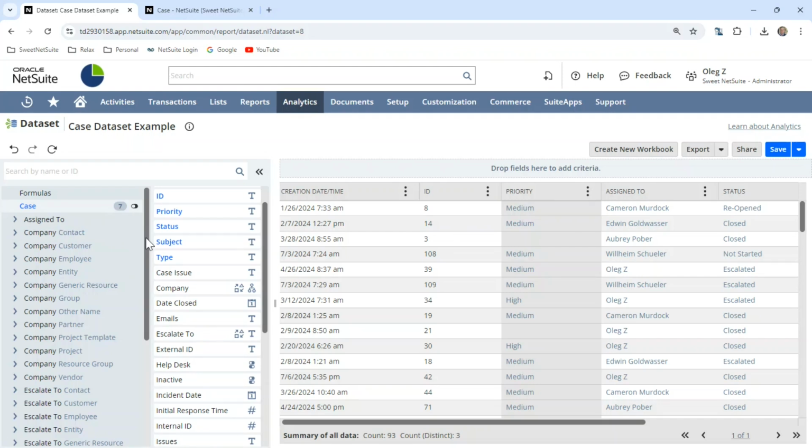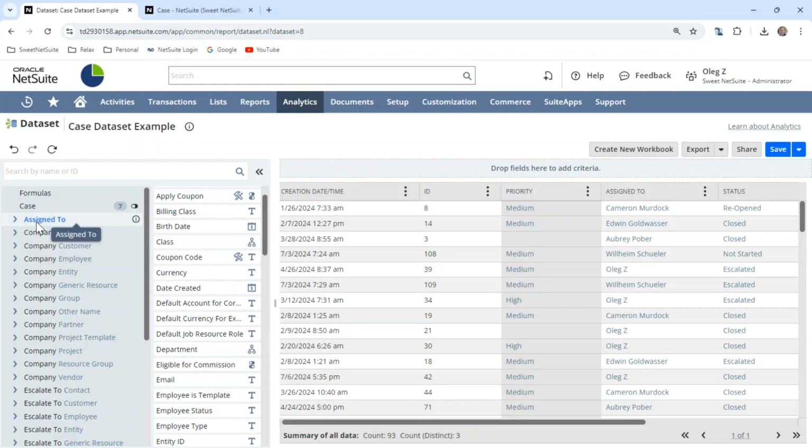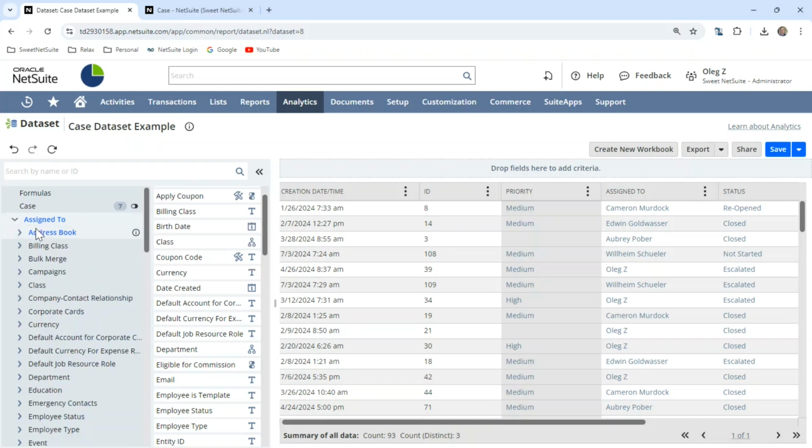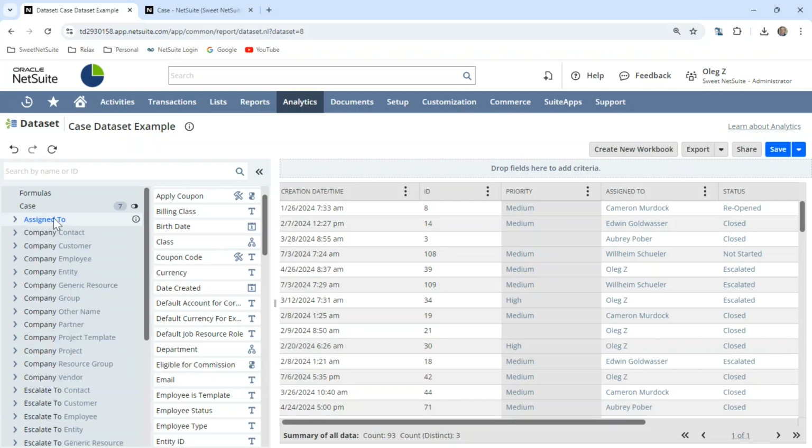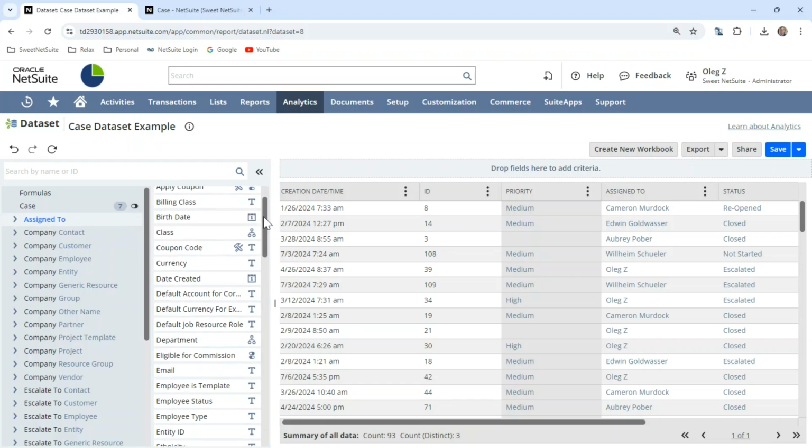Because it's a record, you can dig deeper into the next level. And so when you click on this assigned to, these are all the fields for this particular record. And if you scroll, if you open this up, these are the records that are associated with this record. But we're not gonna get into multi-level, we're just gonna go to the 2-level join. So when you click on this next record that it's connected to, over here on the right, these are all different fields now for this assigned to record, which in this case will be our